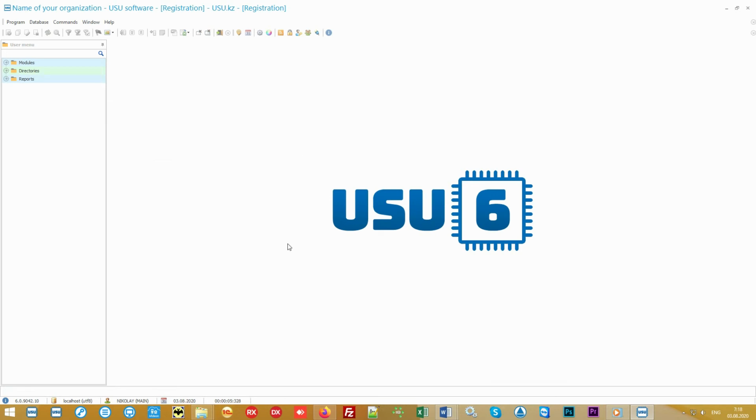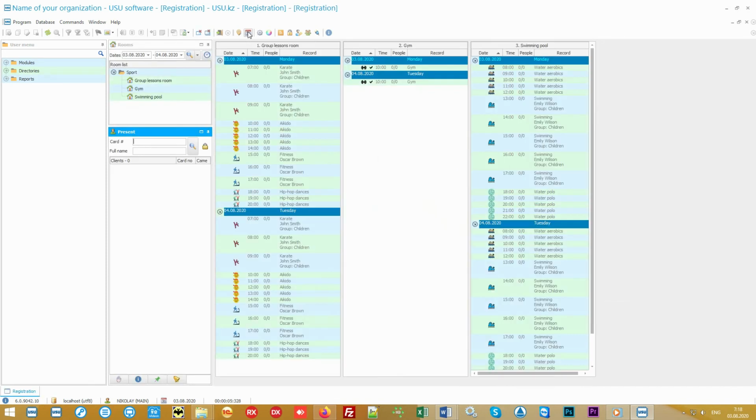At the same time, it is possible to place your logo in the center of the main window to create a single corporate style. Another important fact: our software can be used in any country in the world, in any language. If necessary, we will help you translate it into the desired language.